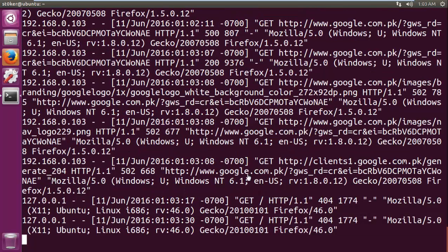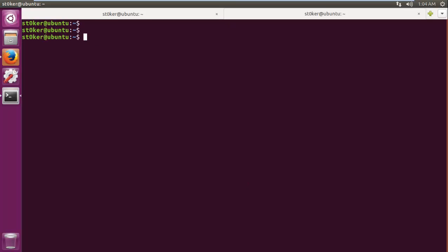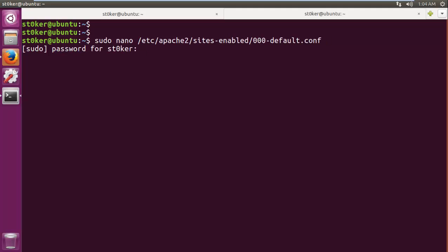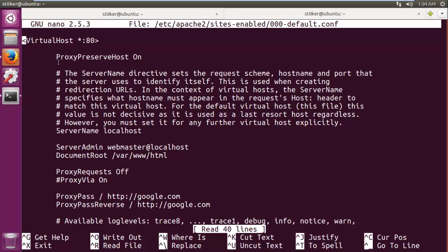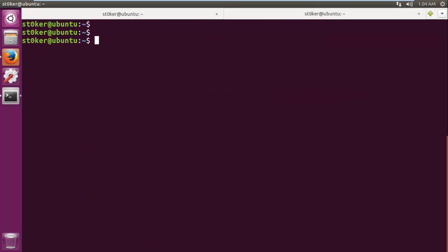Okay, I think the misconfiguration was here. I want to show you guys. I just messed it up. Apache2, sites-enabled. We didn't uncomment this. This was commented, so this was causing the issue. We must have set ProxyPreserveHost on. Okay, now if I save it, close it, and restart the Apache